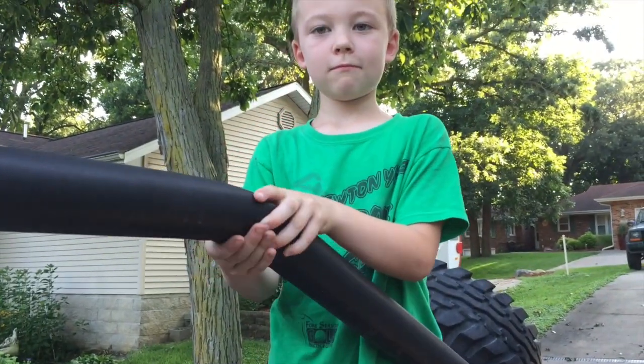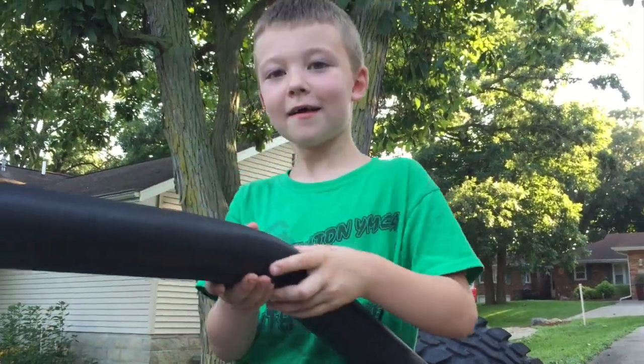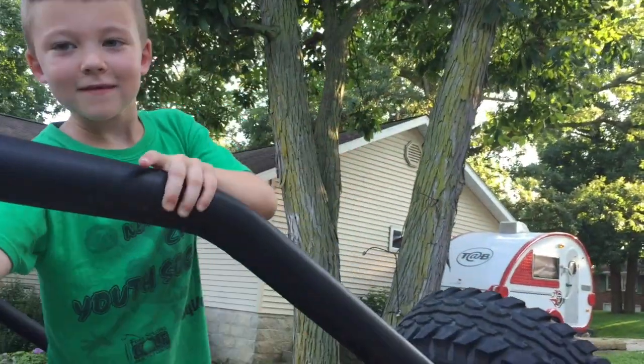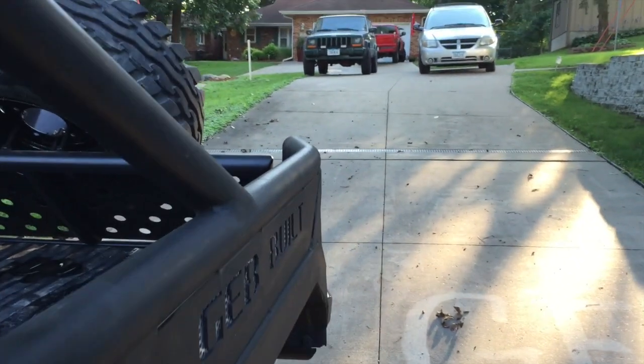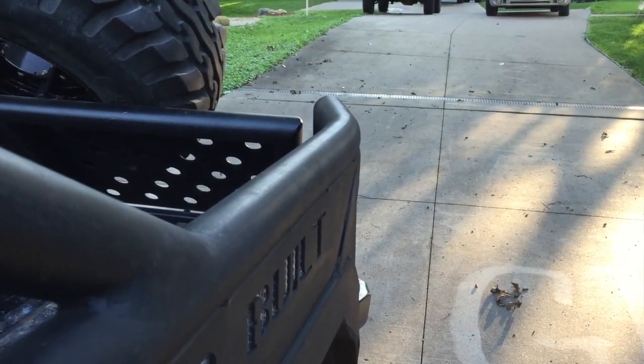You sure? Well, whatever you think, yeah. That's what I think. And we also, the back end curves in at 10 degrees too, in case anybody was wanting to know. I chopped